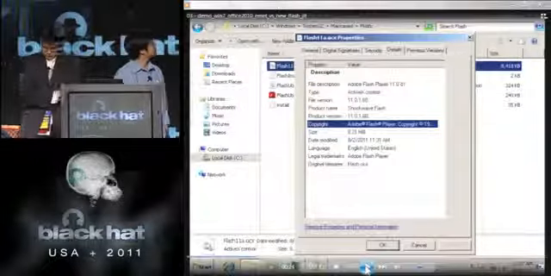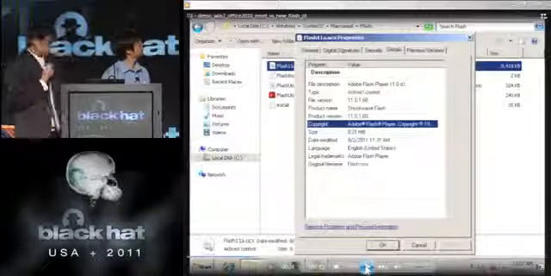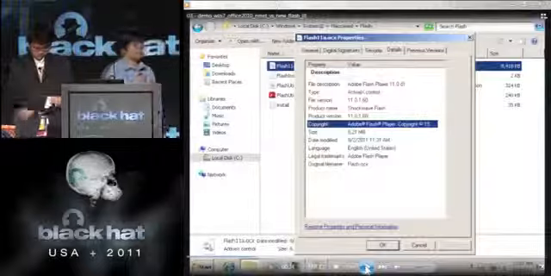As you can see, the Flash version is the latest beta version, Flash 11.